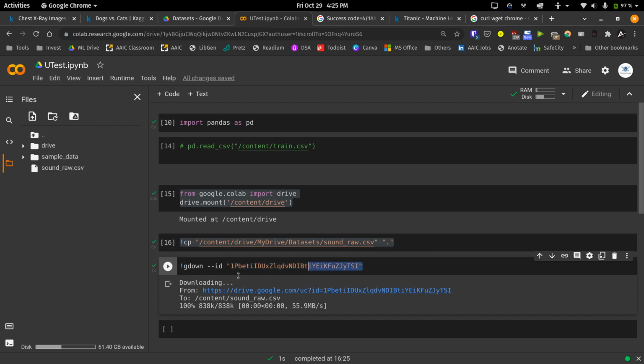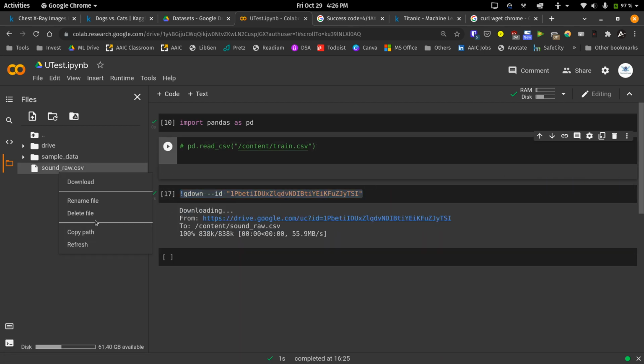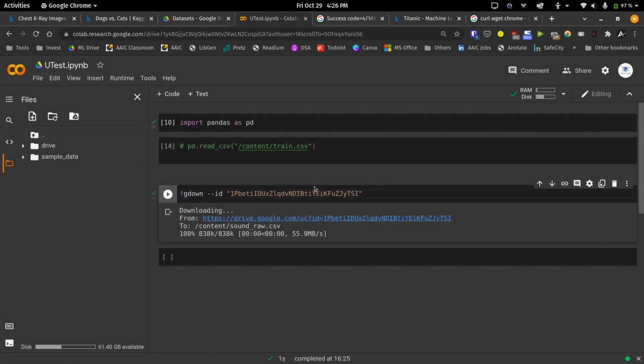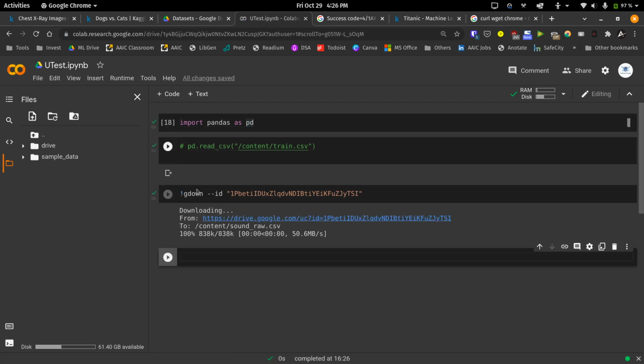Okay. So what's the advantage of using this? You do not need these commands. You do not need to authenticate each and every time you do it. So let's say, okay, I'll just remove all the commands. Okay, I'll delete all the files here. Delete file. Okay, so let's say now you have re-initialized your Google Colab instance after some days. So you can just go on executing these lines as they are. It will download and then place it here. Okay, so this is faster and more convenient to use.